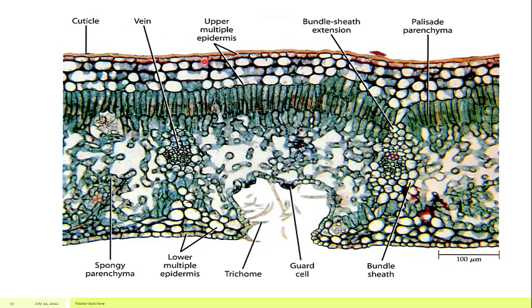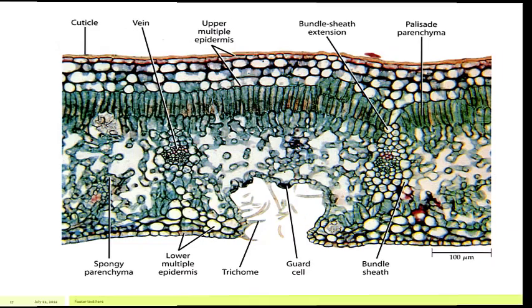So remember, both of these adaptations are mostly present on the upper surface, because in the xerophytes the stomata are mostly present on the lower surface. Stomata are the openings made for gaseous exchange as far as transpiration is concerned. If they were present on the upper surface, they would be directly exposed to the light and harsh temperature. That's why in the xerophytes they are on the lower surfaces, which reduces the water loss.